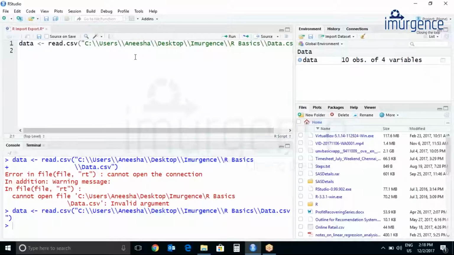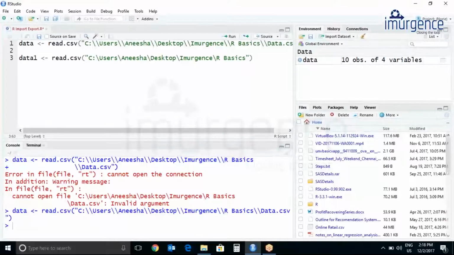So there are different ways or different methods to input your data. Let's do this. Data, let me just call it data1. Again, read.csv. Just paste your path, slash, data.csv.